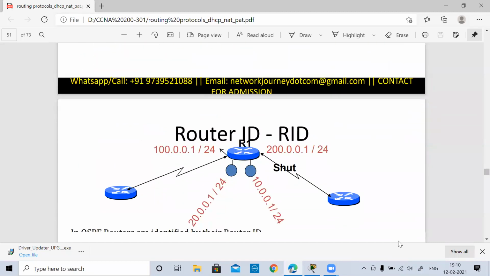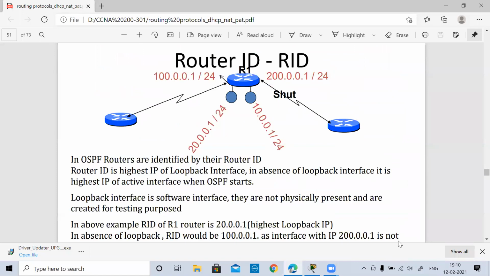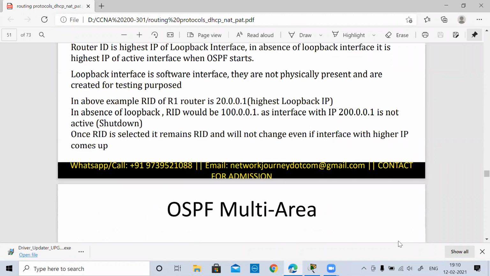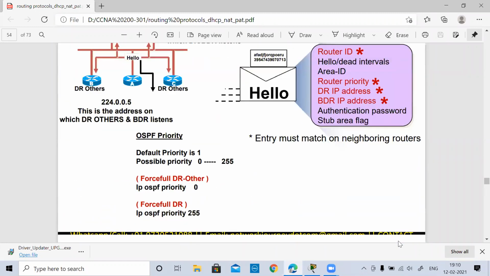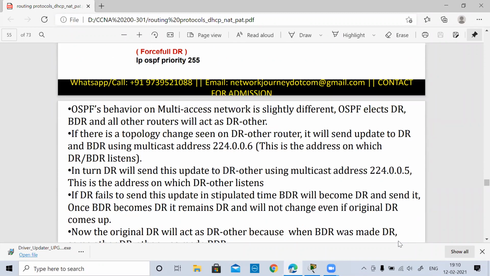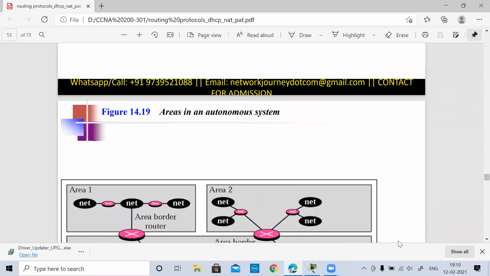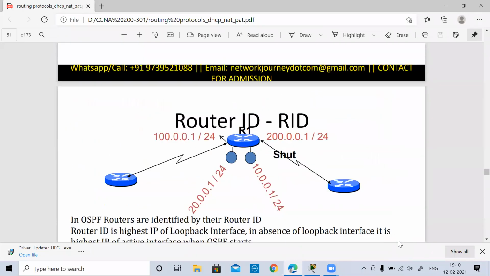We do that with a set of certain parameters. First we have to understand the router ID. What is a router ID? And then we are going to understand about BDRs and DRs, the backup designated routers and the designated routers. So in a multi-access network, how do we elect a router who will collect all the database tables and then forward them to the others?